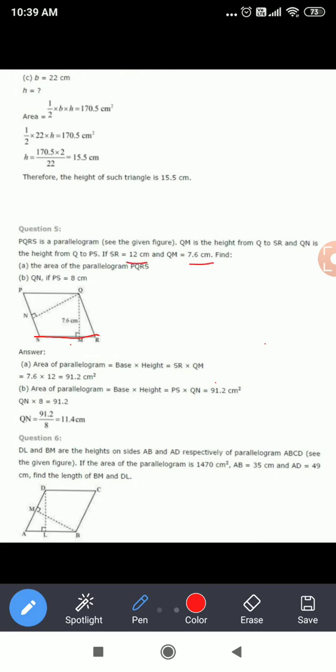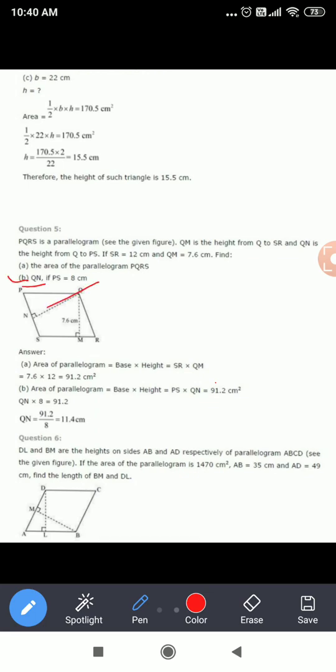We can say that area of the parallelogram is base into height. Base is SR, height is QM. So, area of the parallelogram can be found. We have got area of the parallelogram as 91.2 centimeter square after multiplication. Okay. Now, after getting the area, in the next question, B part, it is asked that we have to find